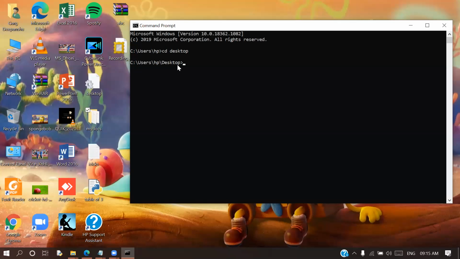And then what you need to write is, there is a very good command known as attrib plus h plus s plus r, and the name of my folder. My folder name is my docs. Fine. Firstly, I will go to the location where my folder is stored. My folder is stored on the desktop. We went inside the desktop first, how, through the cd command. We went to the desktop and then we write attrib plus h plus r plus s and then my docs, the name of my folder. I'm going to hit enter here.